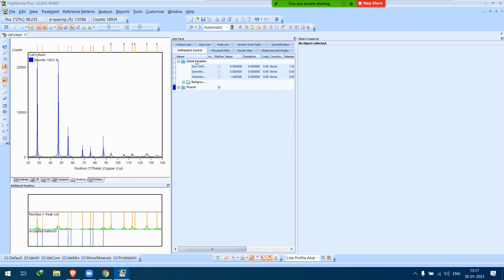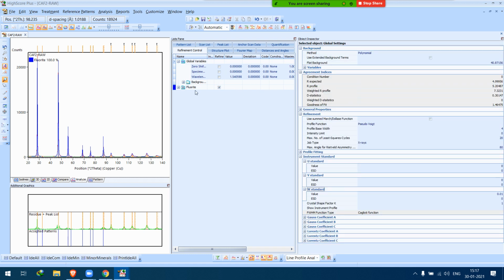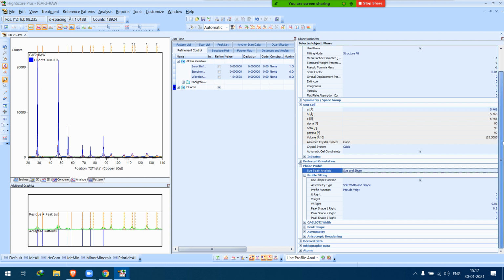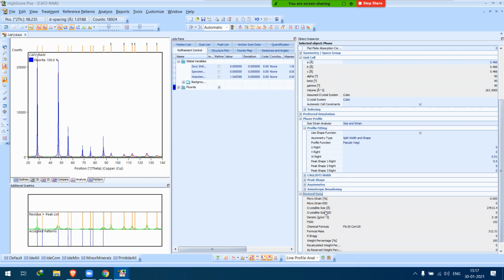If you select the phase, you can tell in that phase how much macro strain is there and how much crystallite size is there. The macro strain is around 0, because CaF2 is a very annealed material, and the crystallite size is very high.